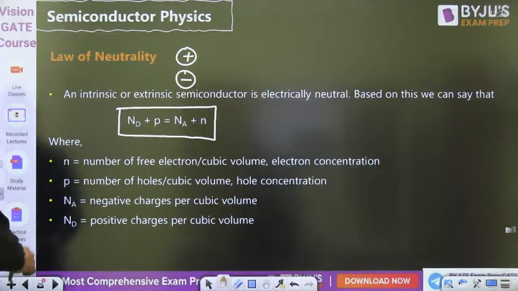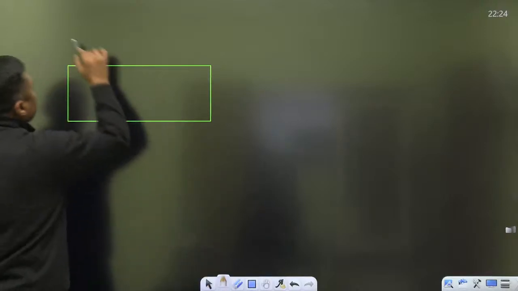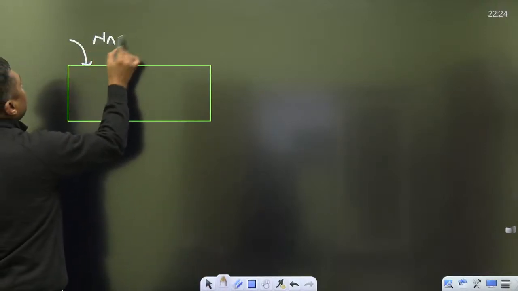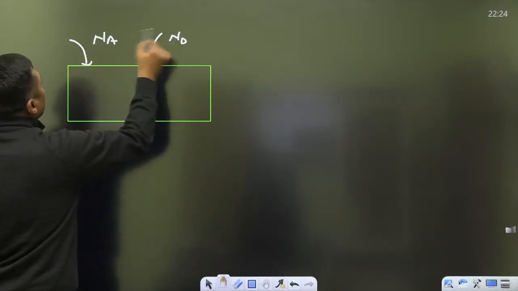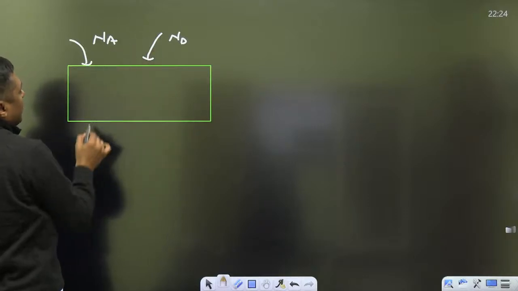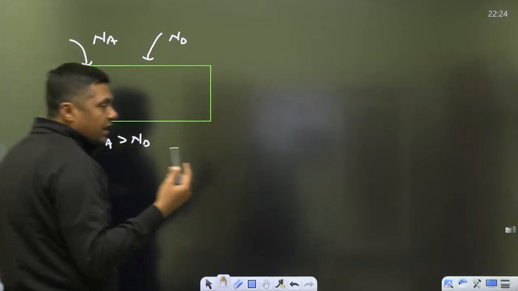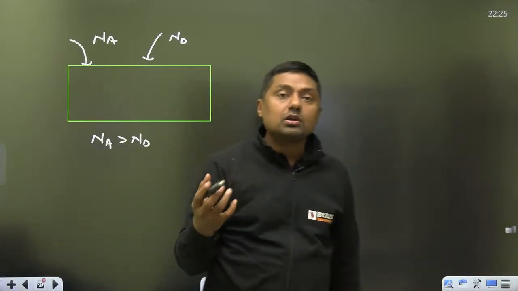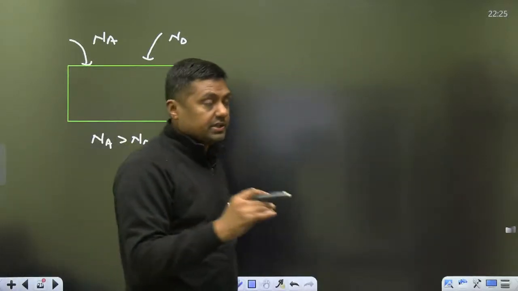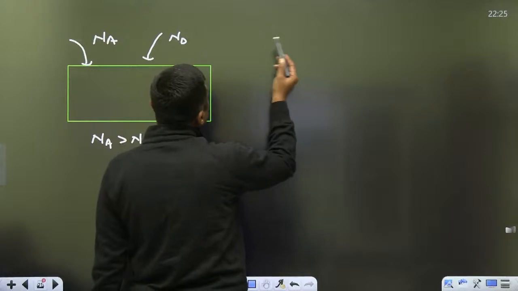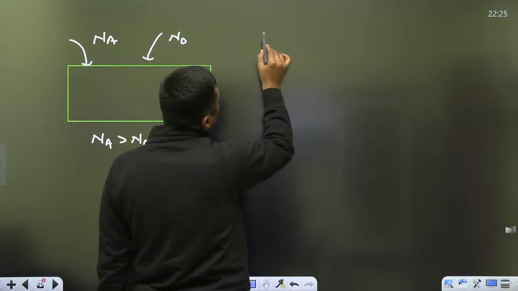Sometimes they are going to give this type of question. For example, Na is given, Nd is given, both are given, but Na is greater than Nd. You have to find the actual concentration of hole and the actual concentration of electron. Normally we say that it is nearly equal to Na, but if you want to find the exact value,